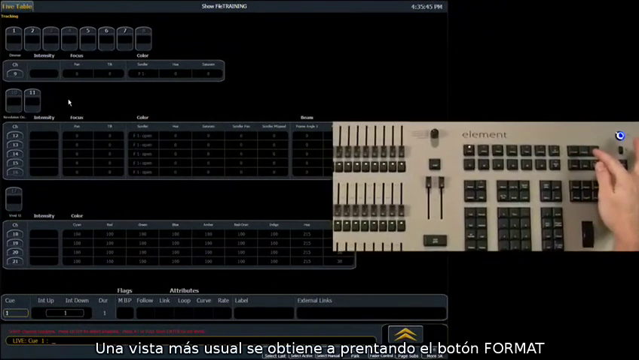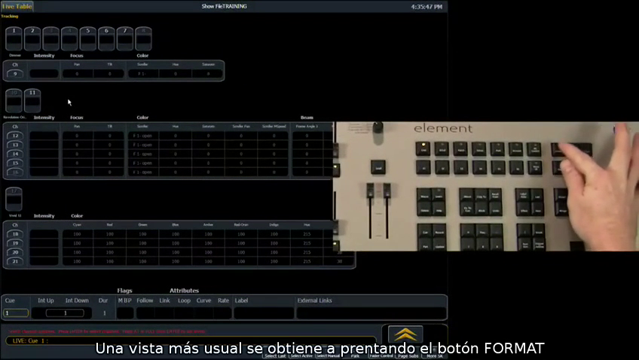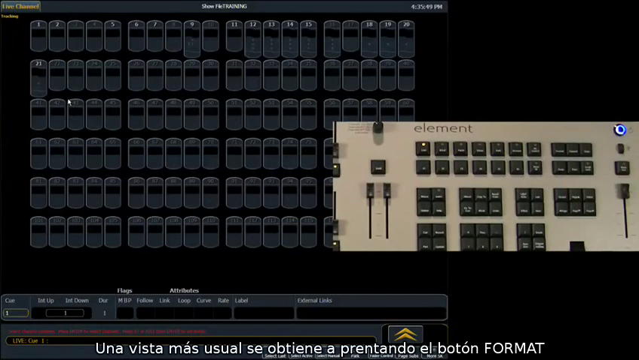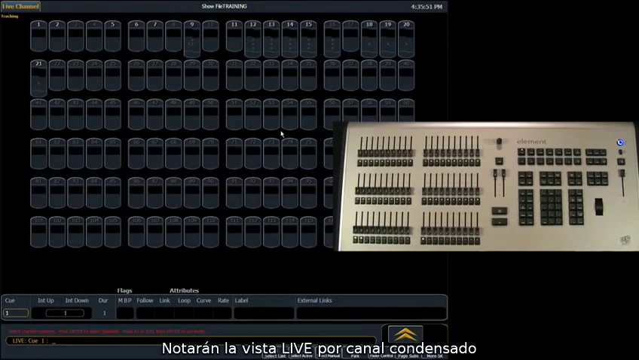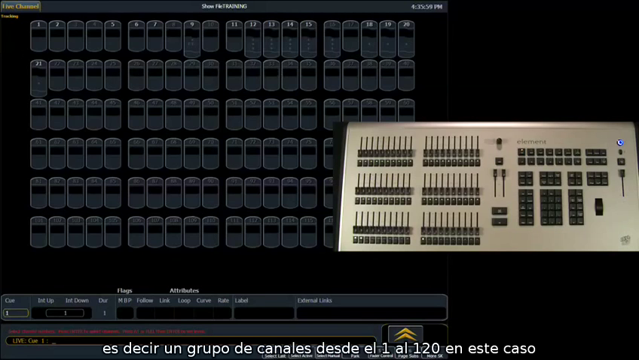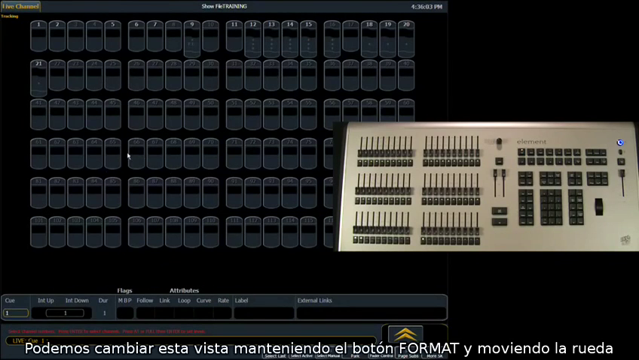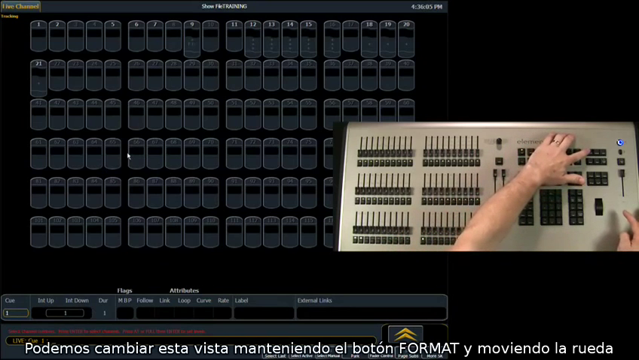A screen that might be a little more comfortable or you're more used to seeing is if we tap the Format button here. You'll notice that we come over to the live channel, or the high density channel display. So this is something that we're used to seeing, which is one through, in this case 120, which is a group of channels. We can change this display a little bit by holding down the Format button, and using the